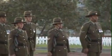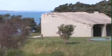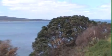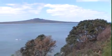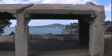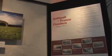The young men who went off to World War I, many of them left from here, Fort Takapuna, and it's a historic military fort. It's here on the beautiful cliffs of Devonport looking out over the Hauraki Gulf, and so many of those young men went away to war and didn't come back. And when we looked at the different opportunities to site the exhibition, we very much thought that this military establishment would be perfect for the underground bunkers to bring back the reality of war and put it into the right